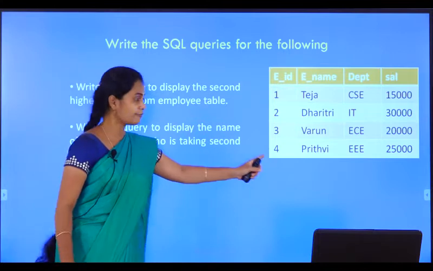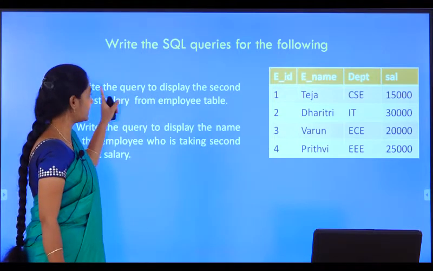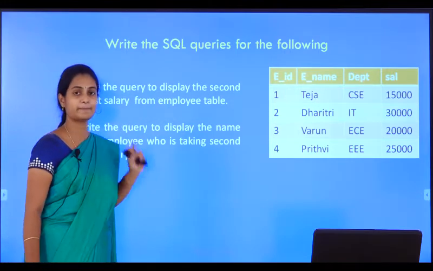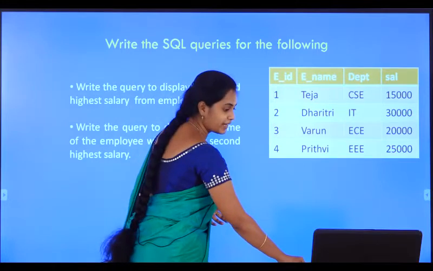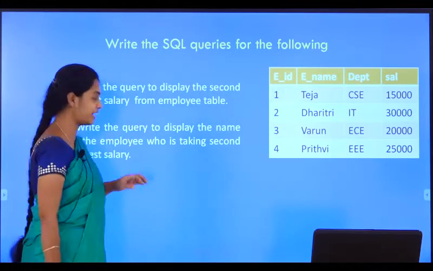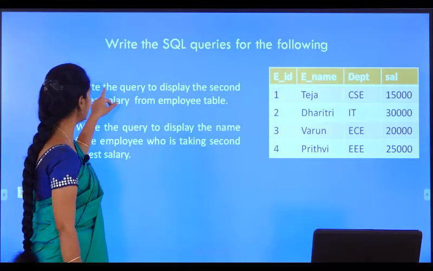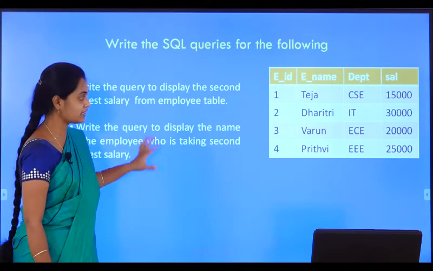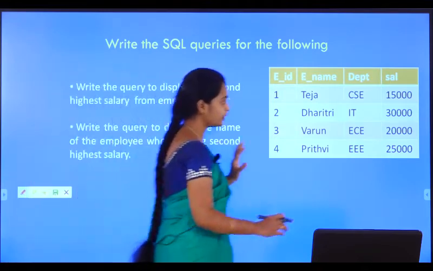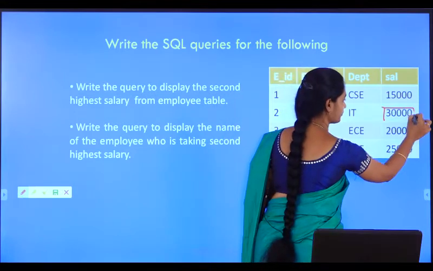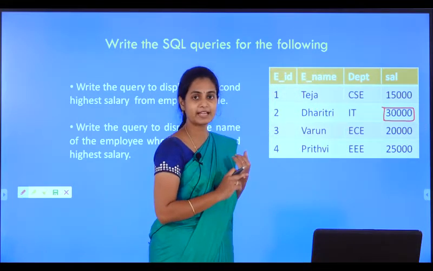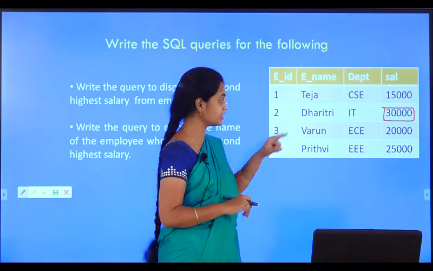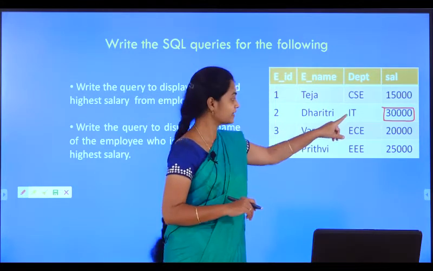See here. For this table, write a query to display the second highest salary from the employee table. Now, what do I want here? I need to get the second highest salary from the employee database. See how to write the logic here. You need to exclude this one, yes or no? We know how to find the maximum salary. If you use the maximum function in the aggregate functions, we automatically get the highest salary.